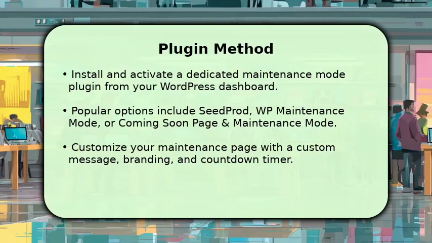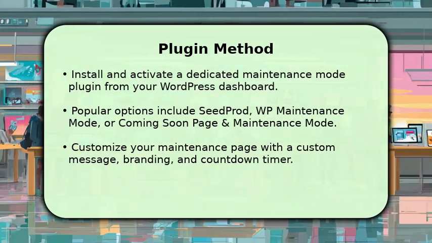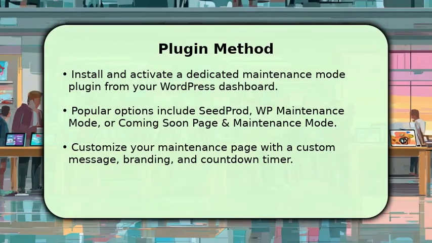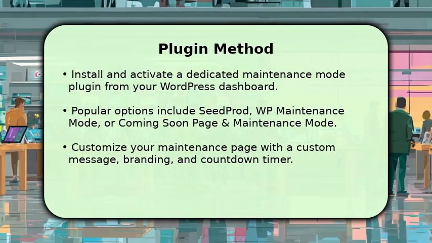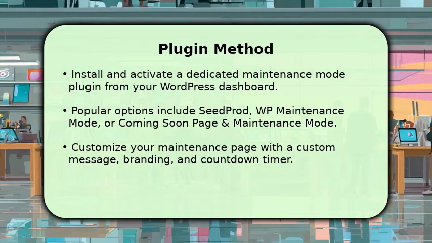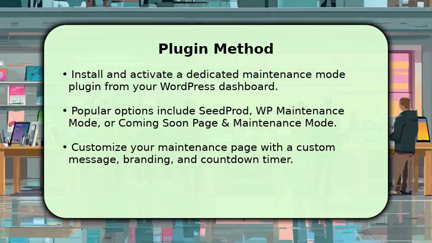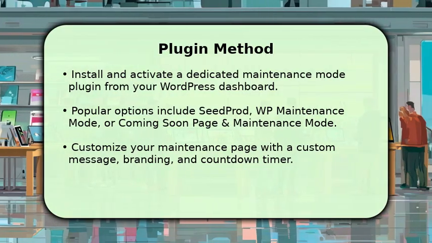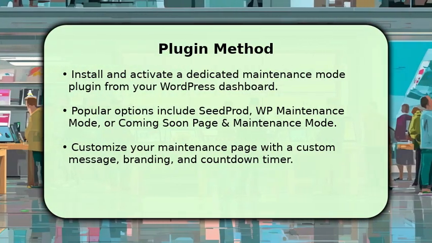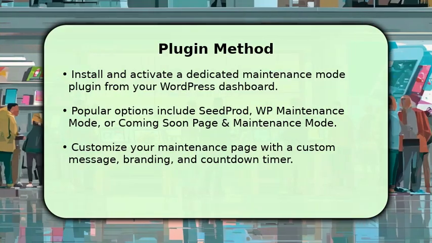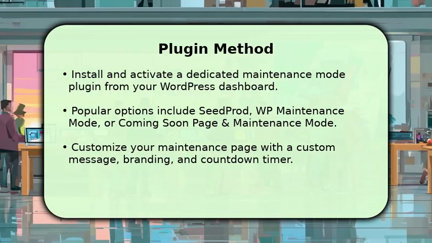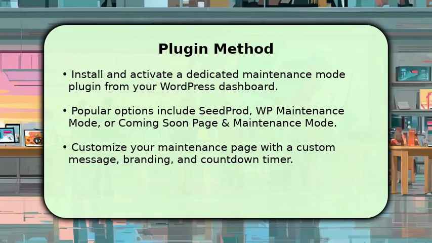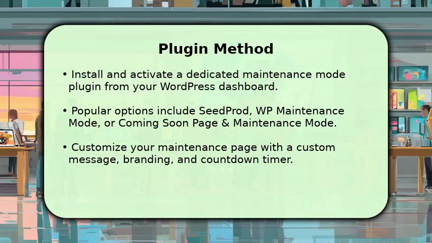The easiest way to activate maintenance mode is by using a dedicated plugin. Simply navigate to your WordPress dashboard, search for a plugin like SeedProd or WP Maintenance Mode, and install it. Once activated, you can customize your maintenance page with a custom message, countdown timer, and even collect email addresses. This method offers a user-friendly interface and robust features for a professional look, often taking just a few minutes to